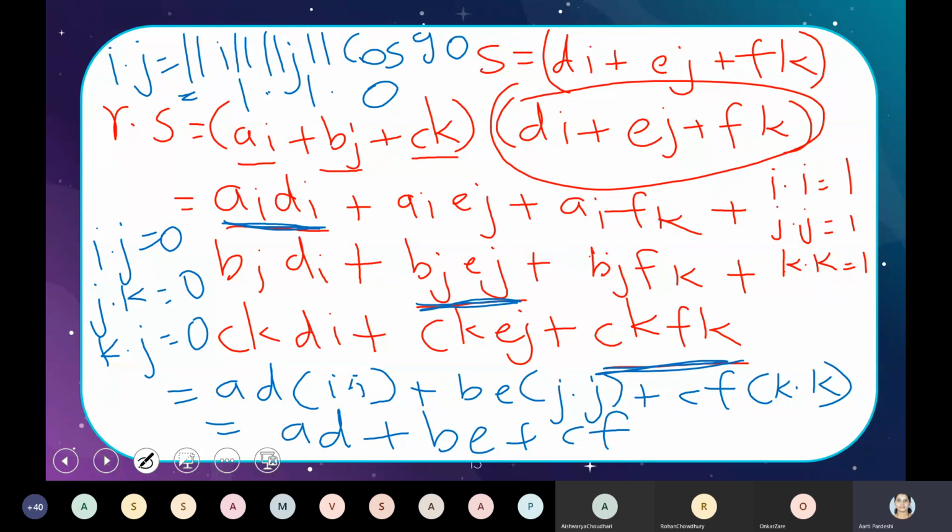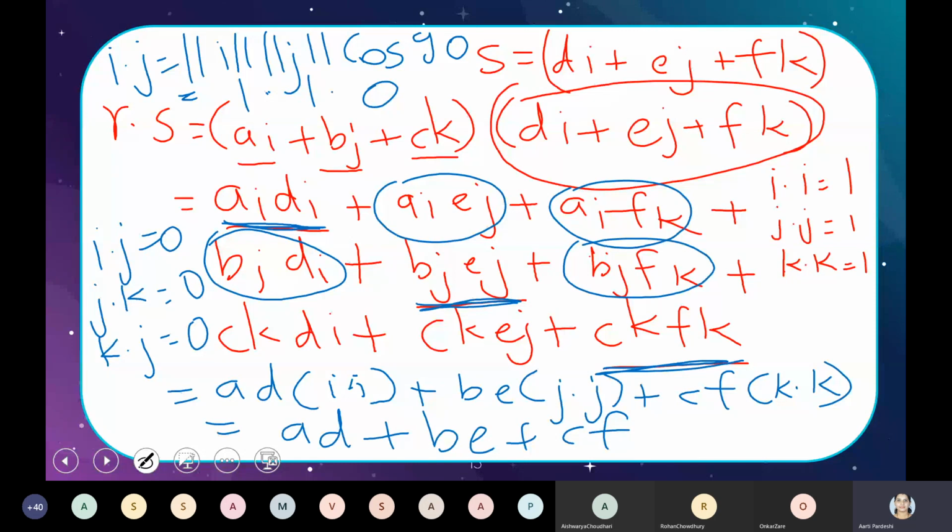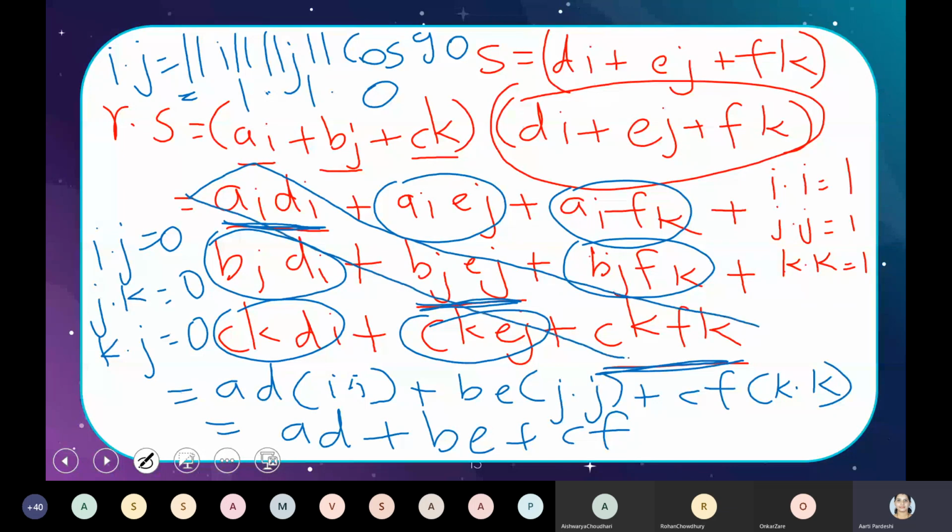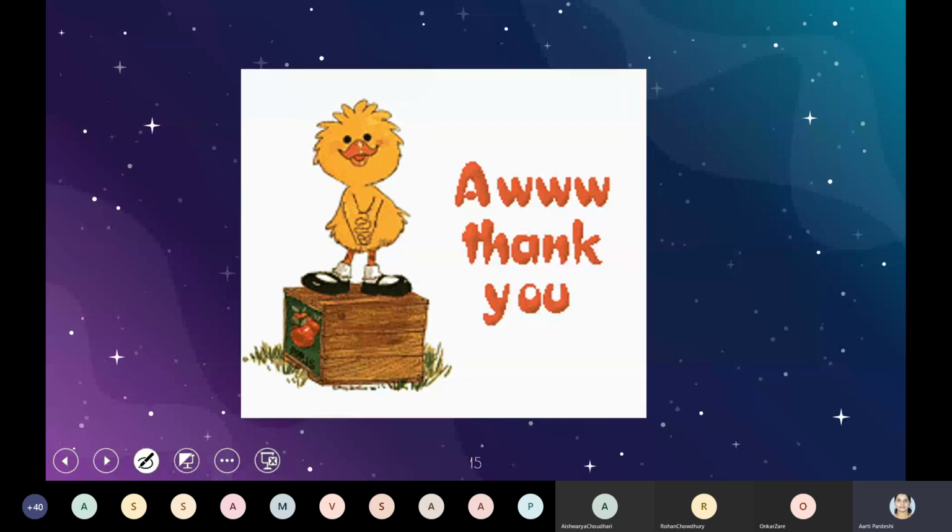So all the remaining terms are going to be 0, and you will get only these 3 terms. Hence proved. So both these proofs are there, and with that